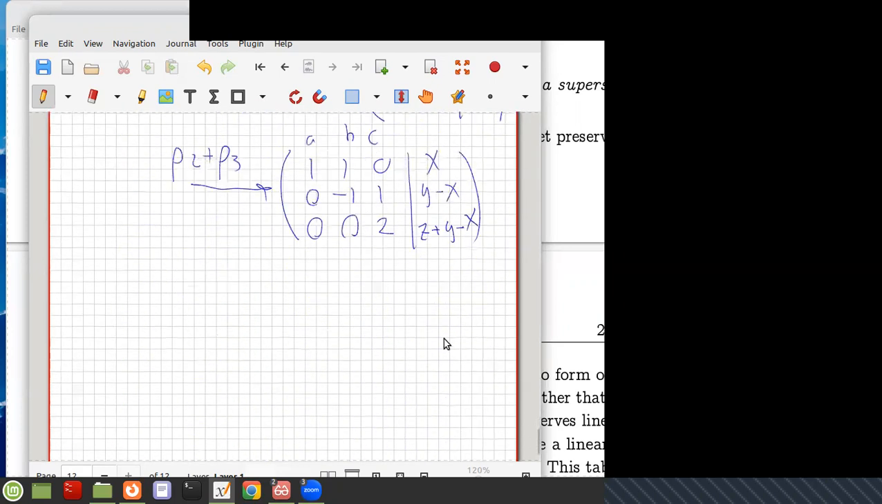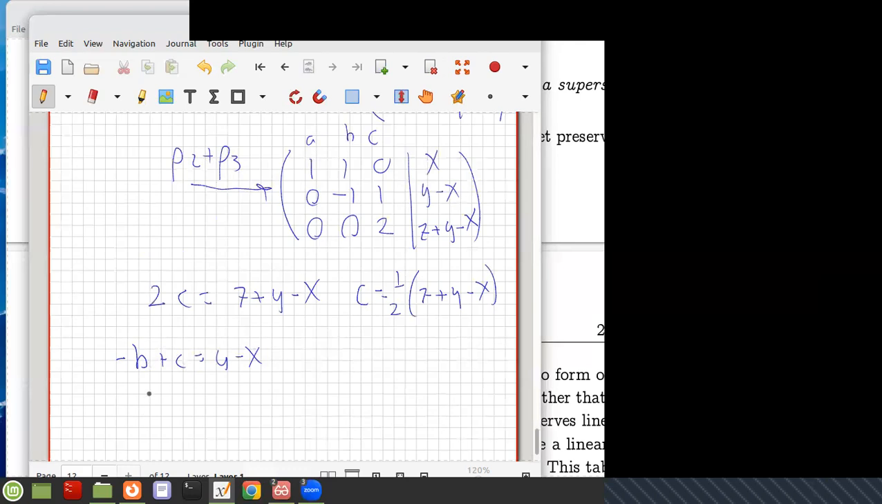So this is true. And then here I can see, well, the third equation is 2c equals z plus y minus x. So c equals 1/2 z plus y minus x. And this previous equation is minus b plus c equals y minus x. I want to solve for b, right? So b is going to equal, I pull it over here, I'm going to get c minus y plus x, because I leave the c here, add the b to this side, so I'm going to get,